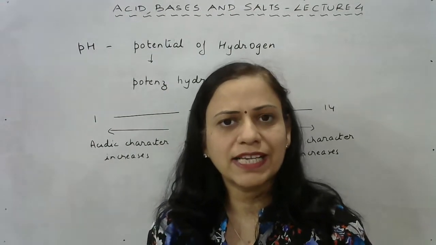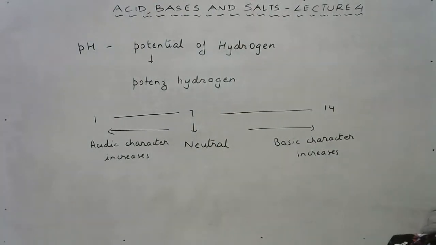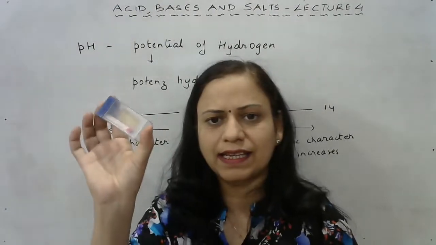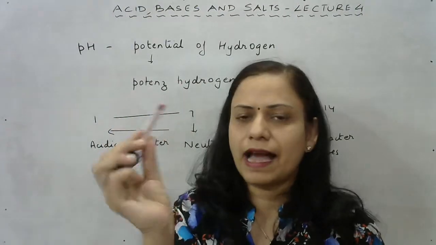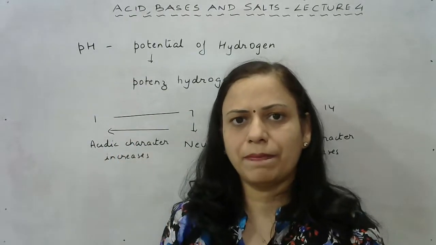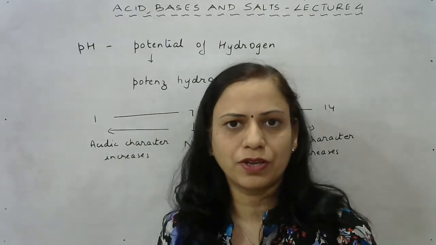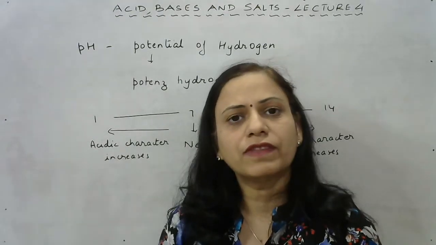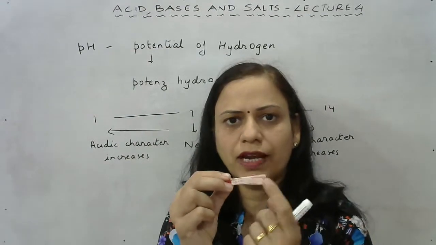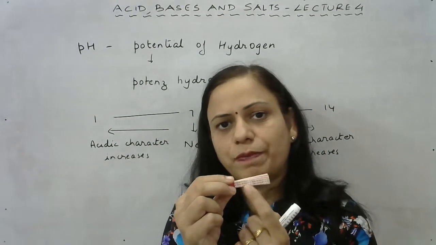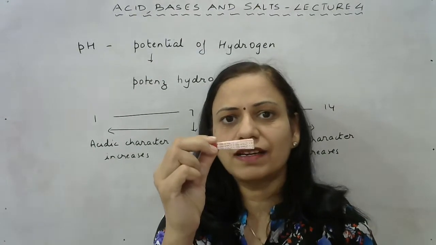And when you purchase pH paper from the market, it comes in the form of strips. It comes in the form of boxes like this, and inside it there are strips like this. And when you dip the strip in a particular solution which you want to test, you want to know the pH of that particular solution, the color of the strip changes. And on the strip itself, there's a chart which represents which color stands for what pH. There's a table of colors on the strip.